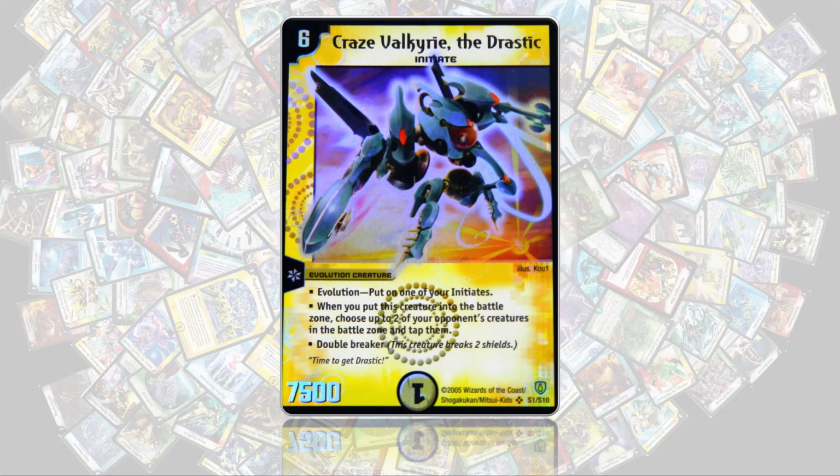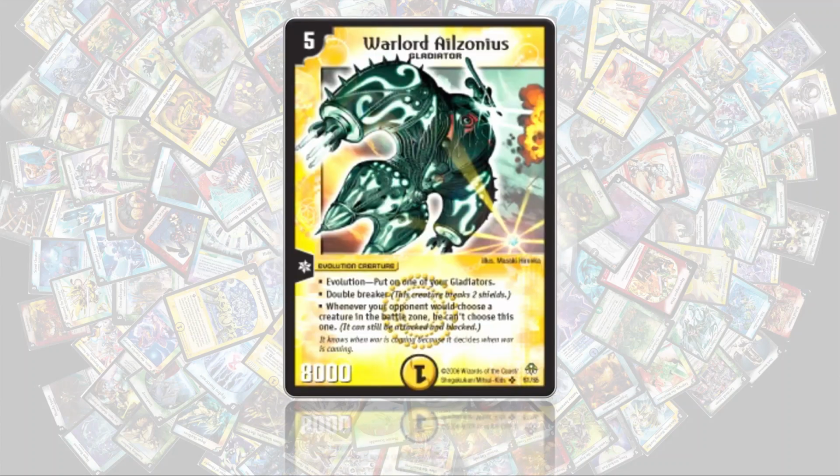And now we go into the top 3 of the Light Civilization, and at 3rd place we have Warlord Elsonius, so another evolution creature. And we think this is a bit better than Crazy Valkyrie. It's not really that generic, but its ability is just that powerful that you want to build a deck really centered around it. And the Elsonius deck is just trying to find Elsonius as fast as possible,